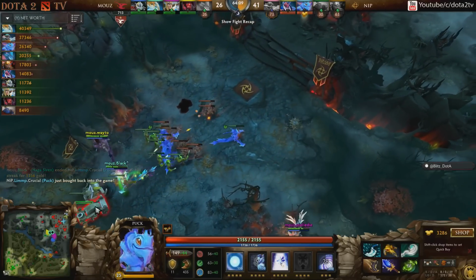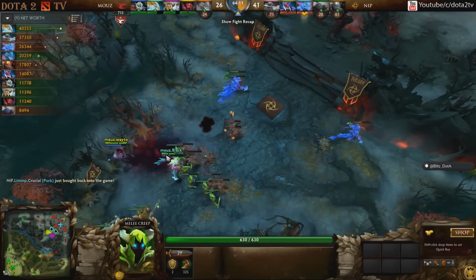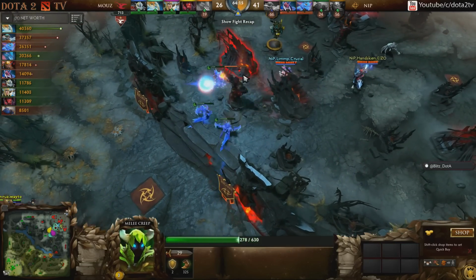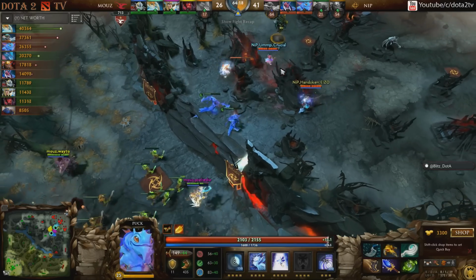NiP have to buy back on multiple heroes here. It's going to be both the Puck and the Gyrocopter. They hope to keep their first set of racks alive. Yeah, but the Legion Commander doesn't have a buyback, and I think Mouz are aware of this, and Black does